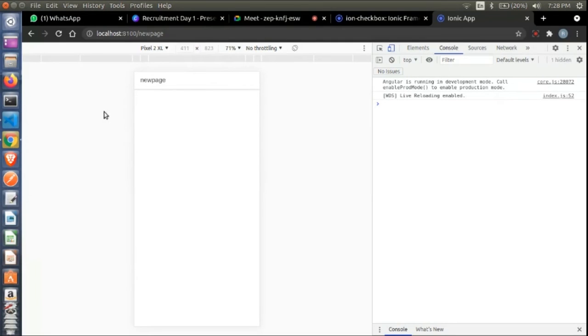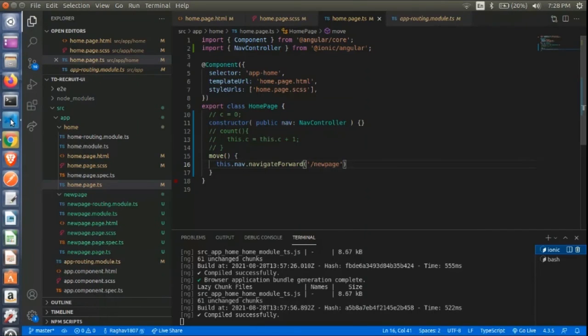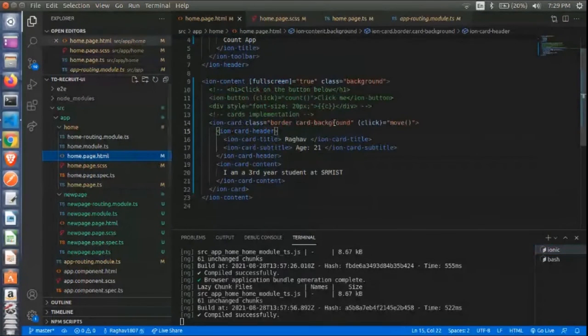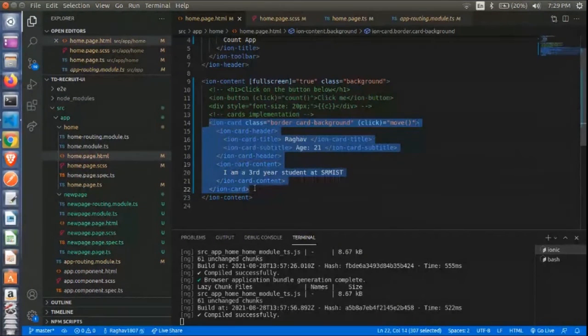Does anyone have any doubts till now? Has everyone followed till where I have completed? So for the navigation, first we need to declare an instance called click. Click shows that since we have declared click in the Ionic card, whenever we click on the card, this click instance gets invoked.